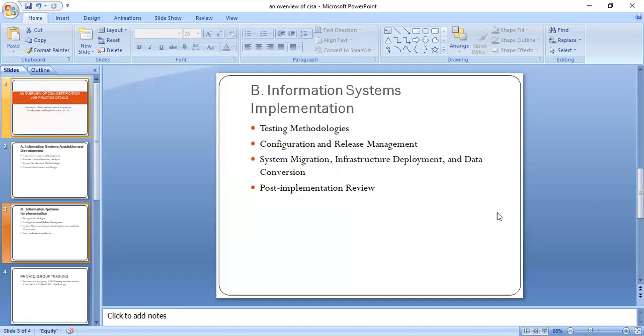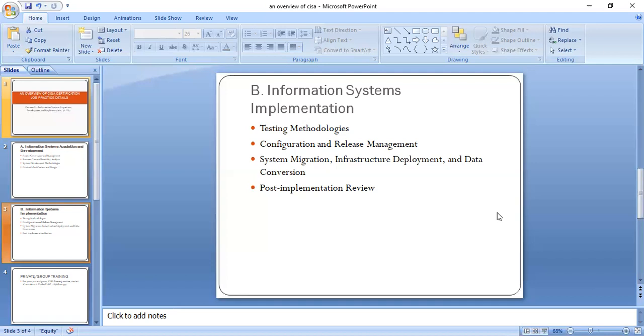Then migration, cutover and data conversion. So we have parallel changeover, we have direct changeover, we have phased changeover.